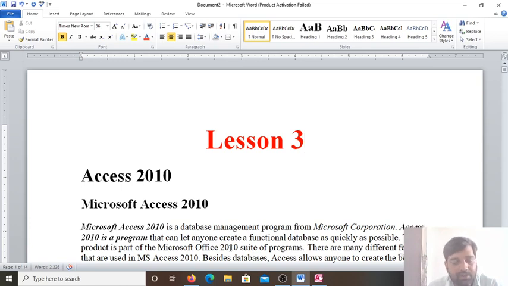Views of a table, the different views of a table, how we can view the table in the datasheet view or in the record view, how we create a table and how we enter the data in a table, how we add records in a table and how we edit the records in a table, sorting data within a table, closing the Access application, and opening an existing database which is already created in Microsoft Access 2010.